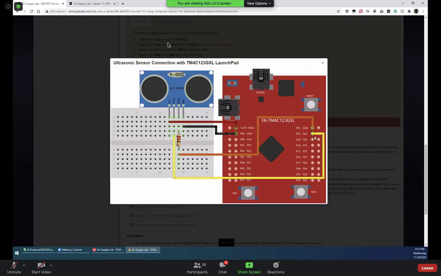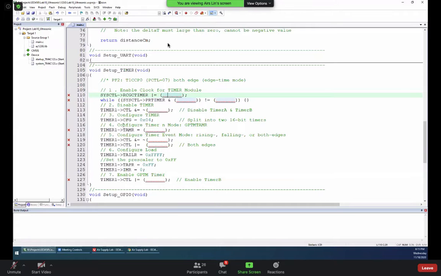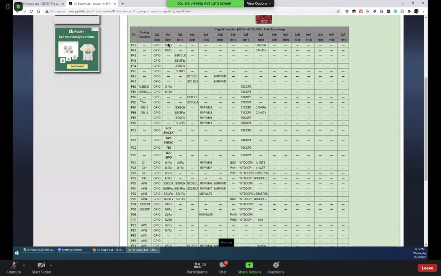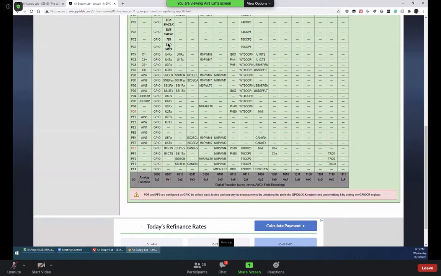But for PF2, we need to connect this one to the timer. So PF2 is for the timer, and we go back to here so we can set up the timer for PF2. Then we check the port control register for PF2. So here, PF2. This is the port control register for the small board. You can see here